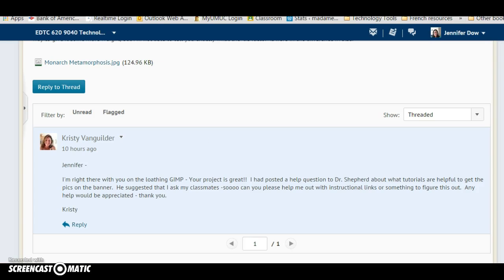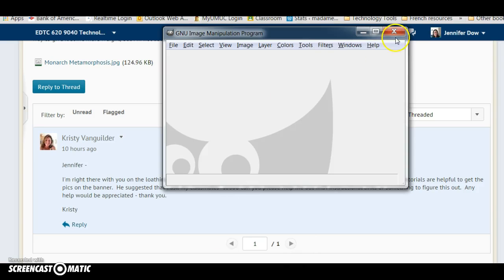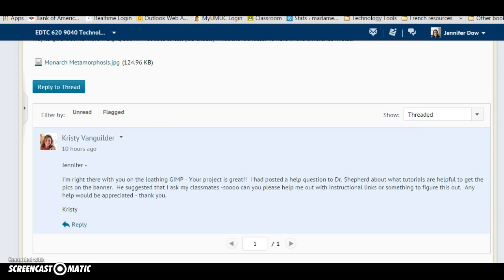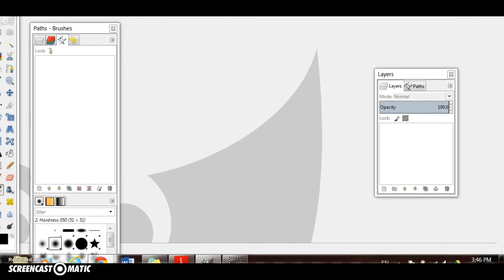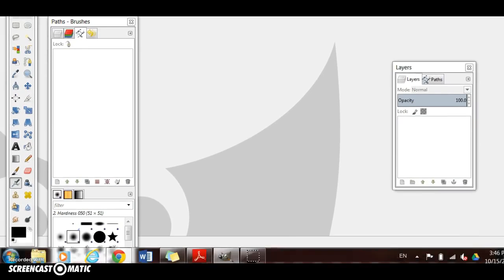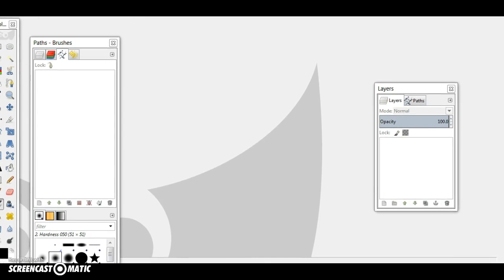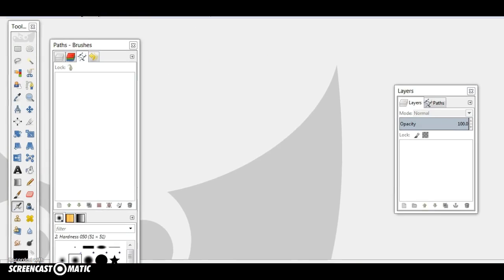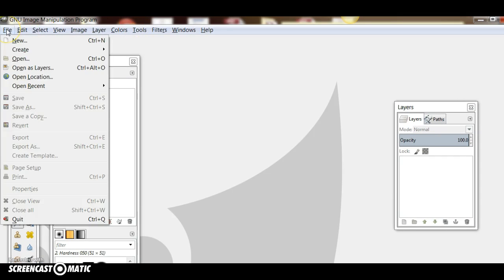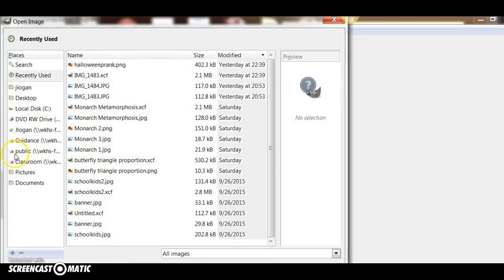Alright, and then in the software, here we go. What I found that worked was to use layers. So alright, you're going to go to File at the top, and you're going to open as layers. Okay, File, open as layers. Do you see that? So you open it that way, and then it's going to